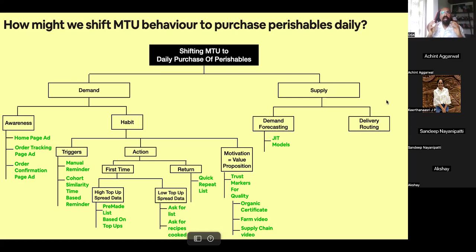Subscription works well for certain very standard categories. For example, milk. You will want to buy one type of toned milk and that's it. You could do a variety of things with that toned milk. You can make coffee with it, you can make paneer with it, you can make milkshakes with it. But when it comes to your daily ingredients, what you really want to sell the story of is convenience, flexibility